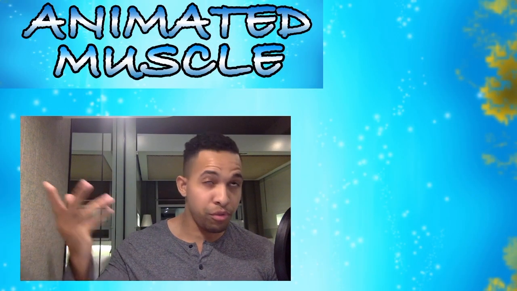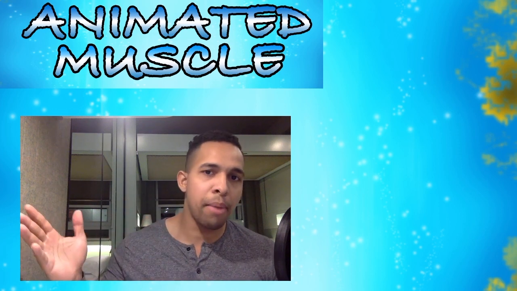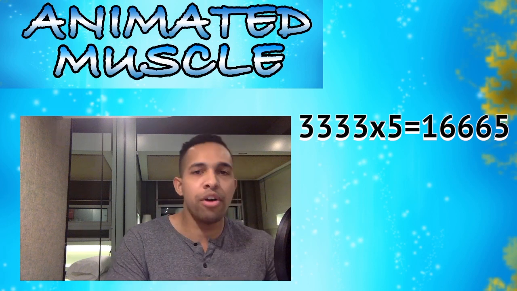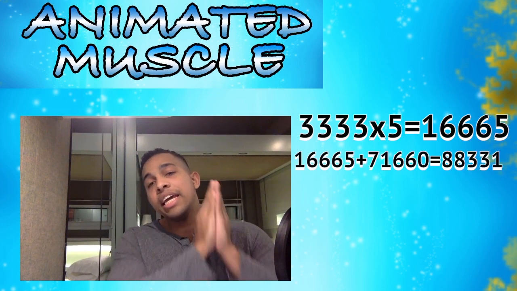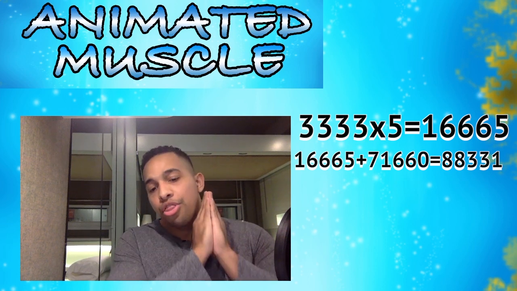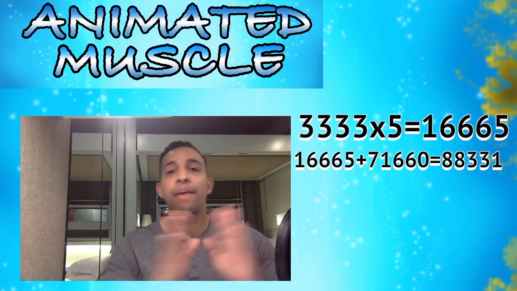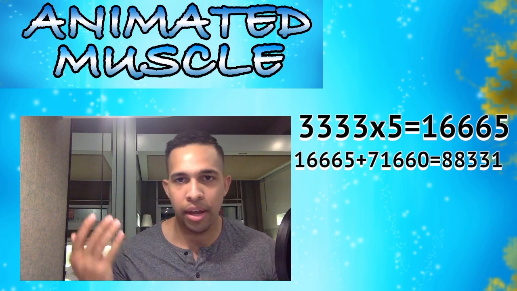So what is that? 250 stones, right? If you draw 250 stones on the banners, which would be 5 banners, you get 3,333 per banner. So if you do 5 of that, that's 16,665 orbs you get from the actual banners. And then if you add that onto our 71,600, you'll have a total of 88,331 orbs. That's everything. That's from the weekend orbs that we're getting for the next